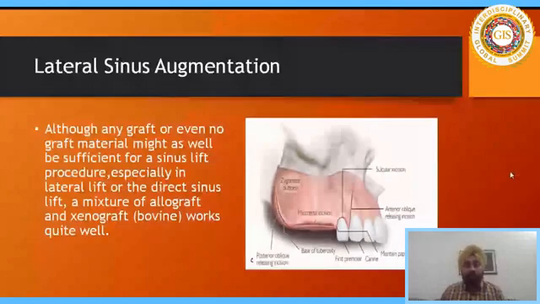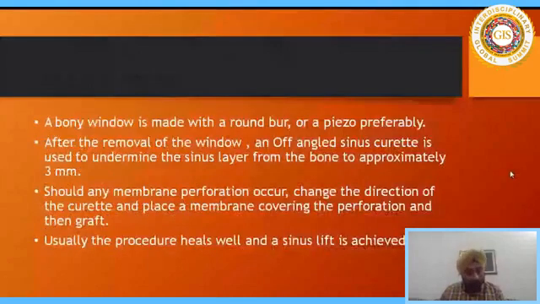A bony window is made with a round burr or a piezo, preferably. After the removal of the window, an off-angled sinus curette is used to undermine the sinus layer from the bone to approximately 3 mm. Now, should any membrane perforation occur, which might occur, you must change the direction of the curette, place a membrane covering the perforation, and then graft. Usually, the procedure heals well, and the sinus lift is very well achieved. It's a very good procedure, very